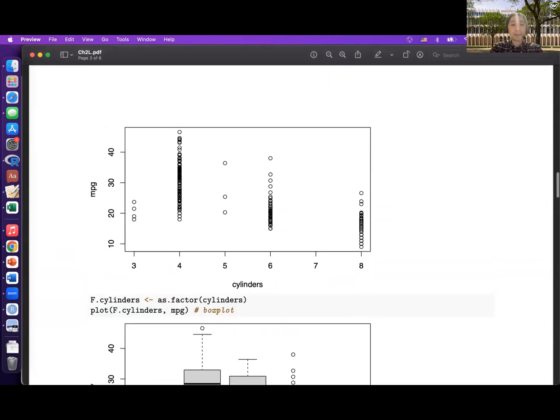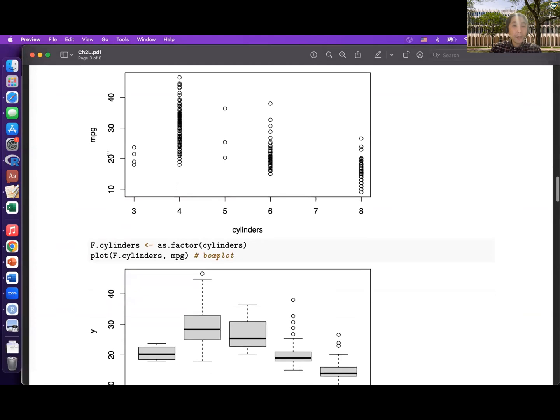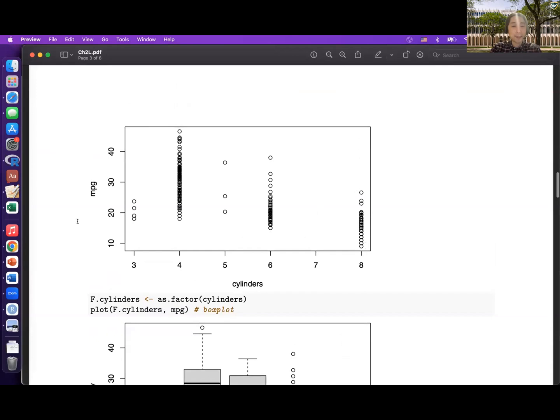So either 3, 4, 5, 6, 7, and 8. Sometimes maybe 10 or 12. I haven't seen 7. I heard that for airplanes, the number of cylinders is always an odd number, because sometimes the engine stops when the number of cylinders is even, because it is like the V-type engine, V-shaped engine, sometimes stops if the number of cylinders is even. Also straight one. So anyway, the cars have either 4 or 6 or 8 cylinders. So anyway, this is the discrete